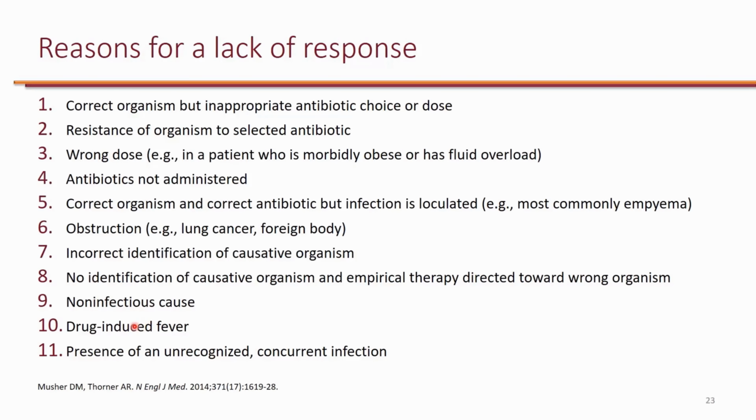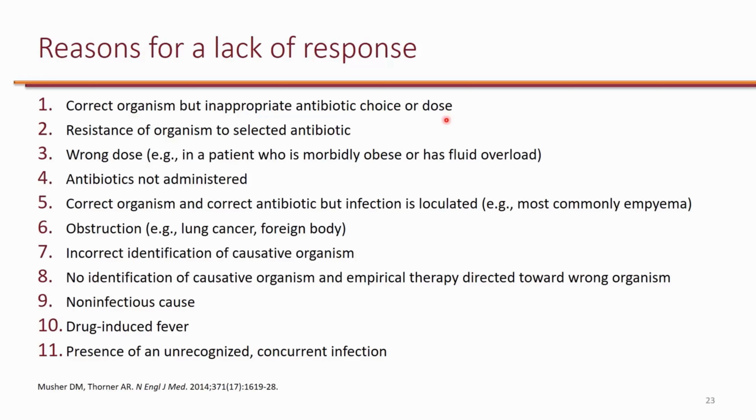And of course, we have to make sure that the patient is clinically improving before we change from IV to PO. And sometimes the patient may not be improving, and there could be different reasons for it. One reason could be that we have identified the correct organism, or empirically we are targeting the right organism, but we use the inappropriate antibiotic, or we were using the wrong dose. So it's important to target the right organisms, use the right antibiotics, and also use the right dose. So we have to make sure that the dosing is appropriate based on body weight, based on renal function, based on hepatic function, and based on drug